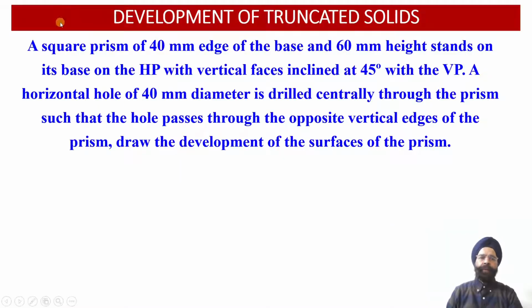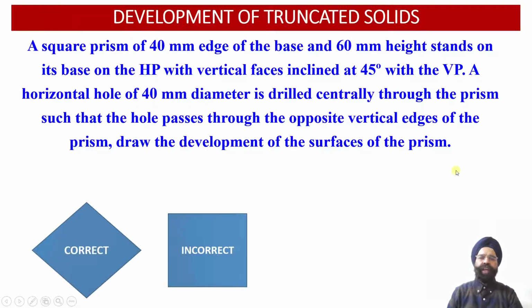So now here we have been provided with a square prism of 40 millimeter edge of the base and axis height 60 millimeter. This square prism stands on its base on the horizontal plane with all the vertical faces of the square prism inclined at an angle of 45 degree with respect to the vertical plane. Let us first evaluate the orientation of the square prism with respect to the two reference